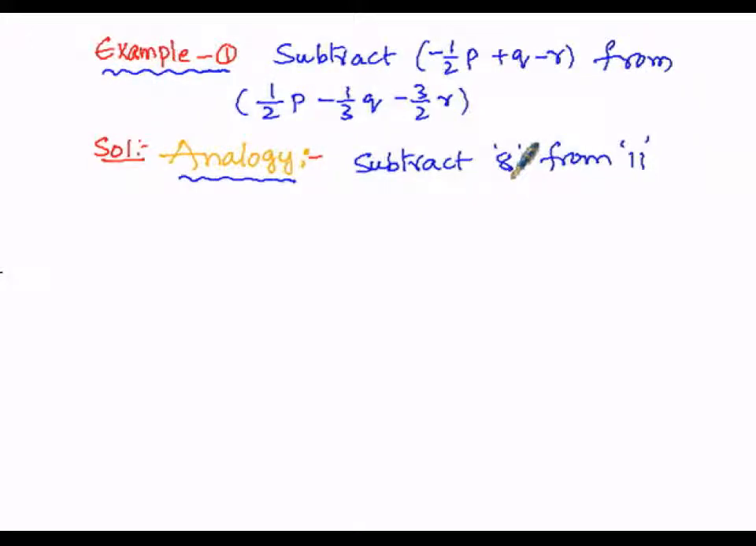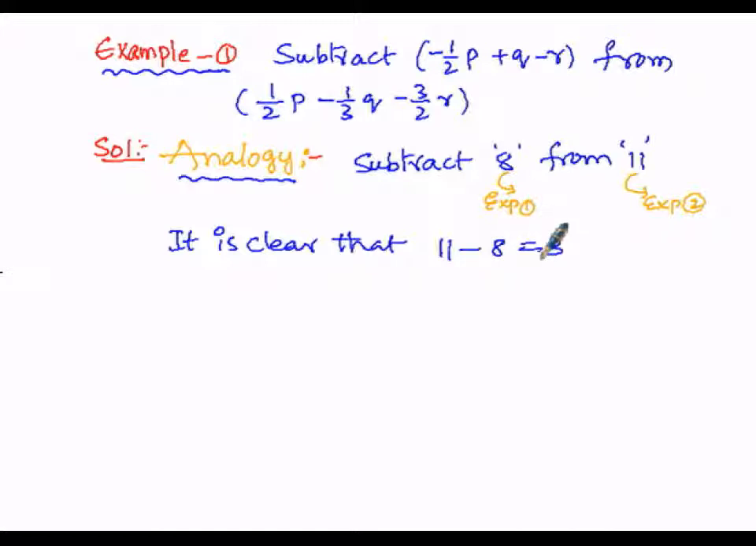is of 3. So here let us suppose the 8 as the expression number 1 and 11 as the expression number 2. So when we subtract 8 from 11, the result is 3. So here it is clear that 11 minus 8 is equal to 3 is the result. That is, 11 is expression number 2 and 8 is expression number 1. From expression number 2 we have to subtract expression number 1 in order to get the resultant expression, that is